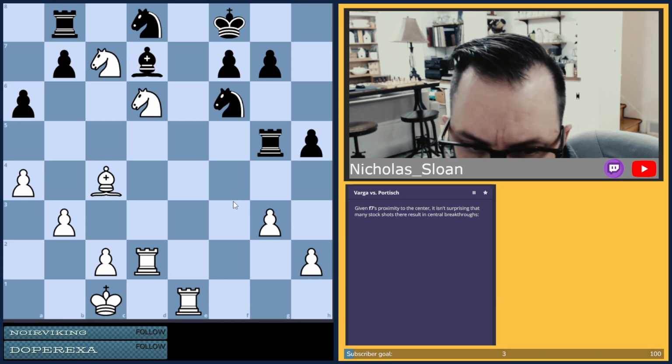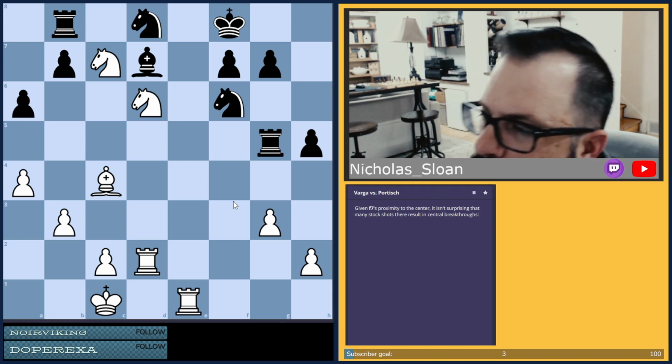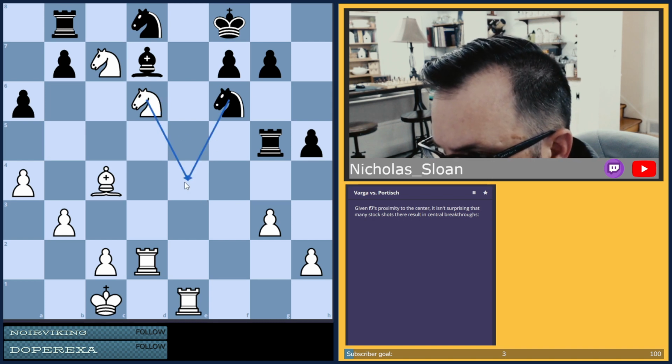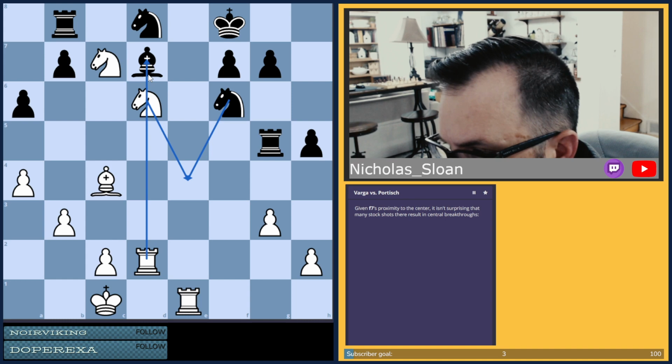Knight to e4 followed by rook takes d7. So if we play here, here, okay, even Steven.